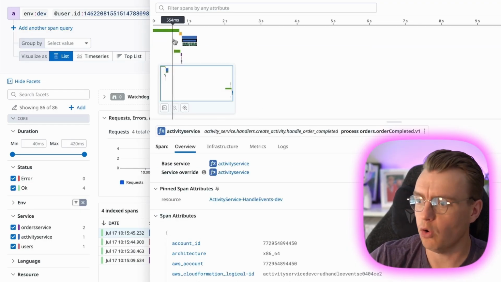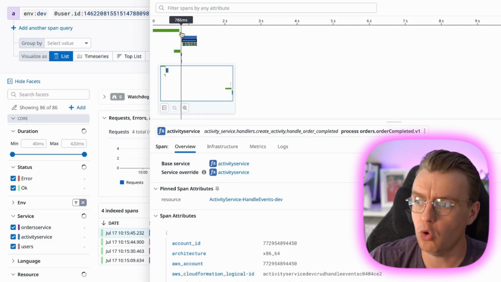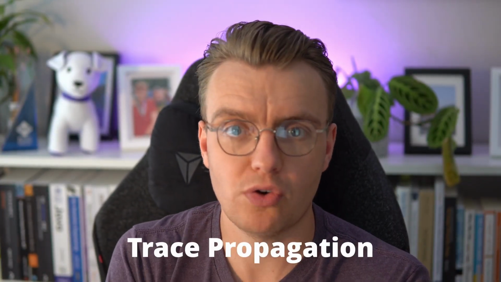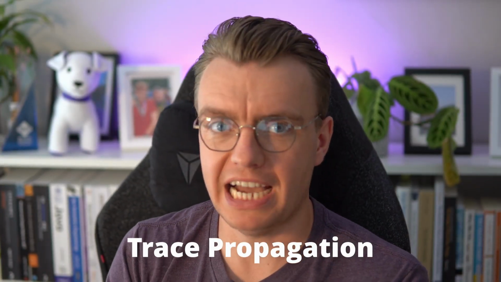Also, importantly, always understanding cause and effect, always understanding how the different parts of your system relate to each other. This end-to-end trace view works because of a thing called trace propagation. Trace propagation is simply the act of taking the trace in one system and propagating that down to different downstream systems. So whenever you send a message to a downstream system, however you are sending that message, you will also include the context of the trace from your system. That means when that downstream system receives that message, whether that be over HTTP, or over a message on a message channel, they have the ability to then propagate that trace context.